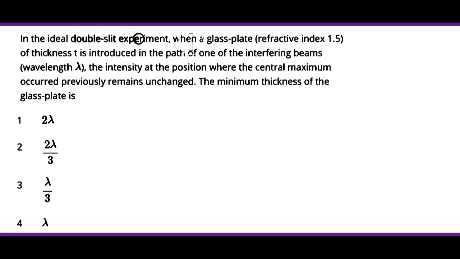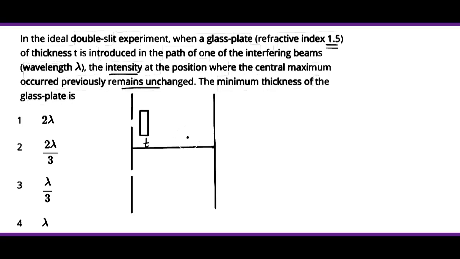Question is, in the ideal double slit experiment, when a glass plate of refractive index 1.5 and thickness T is introduced in the path of one of the interfering beams, of wavelength lambda, the intensity at the position where the central maxima occurred previously remains unchanged. The minimum thickness of the glass plate is, hence this is our Young's double slit experiment where